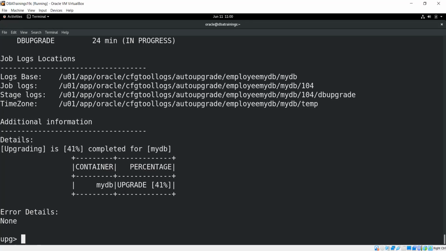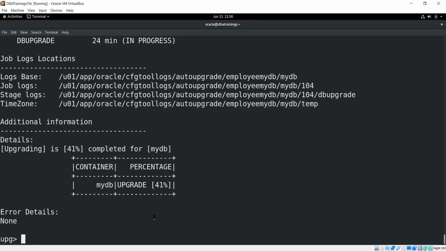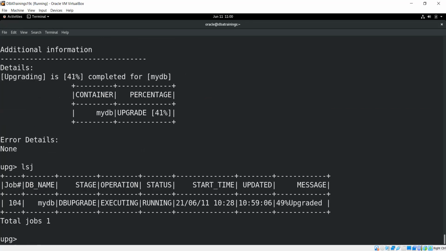From here you won't be able to come back. Then you are fully dependent on the logs. What's going on, you can monitor from the log itself. So now 49% completed. So why not take a tea break, and meanwhile it continues. I'm monitoring it. The screen will be here, I'm not disconnecting.